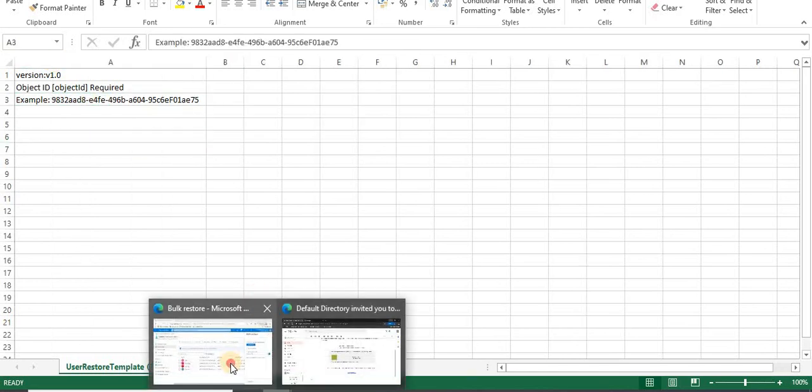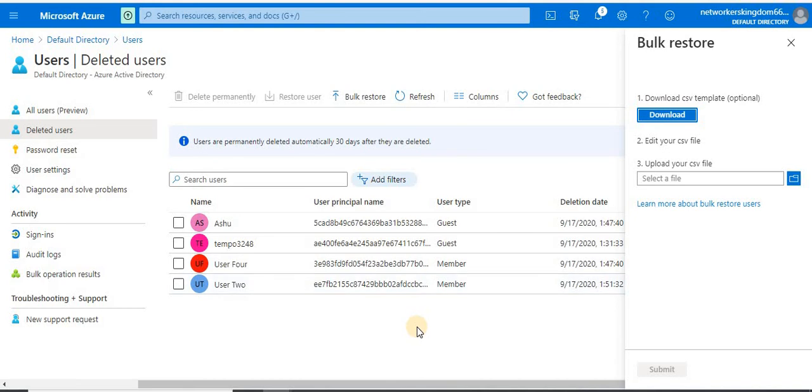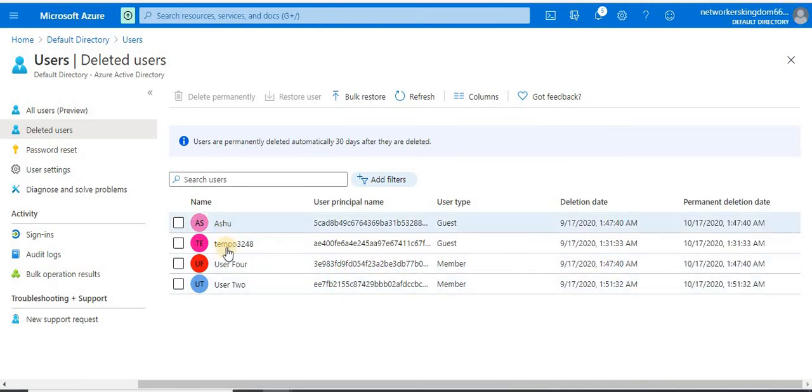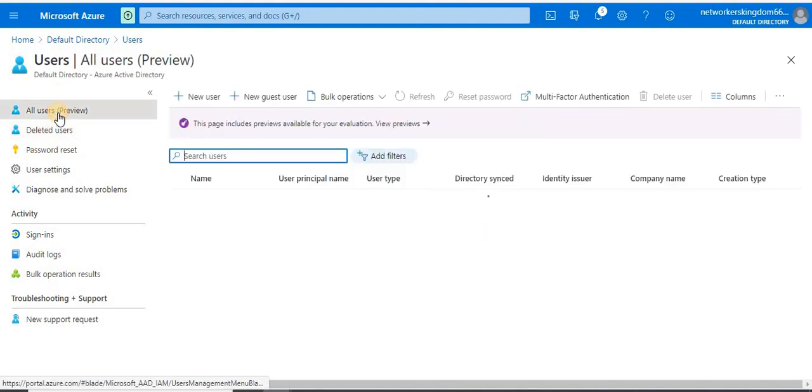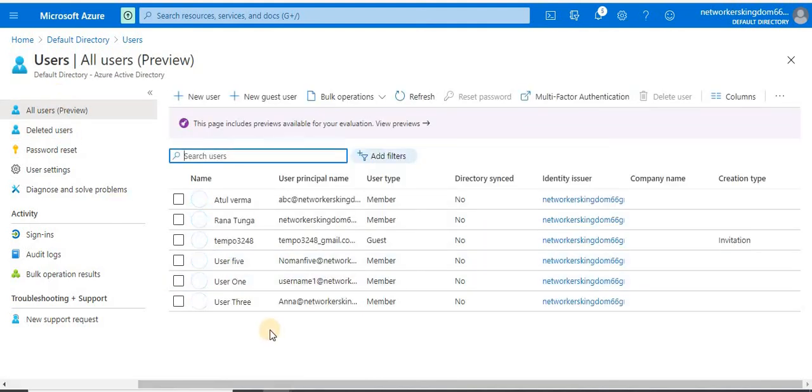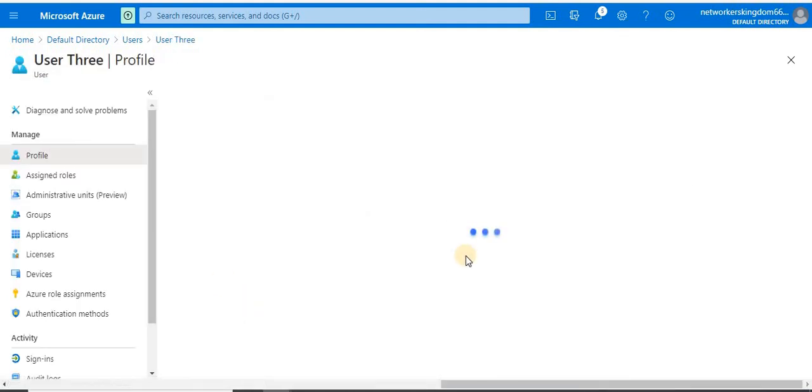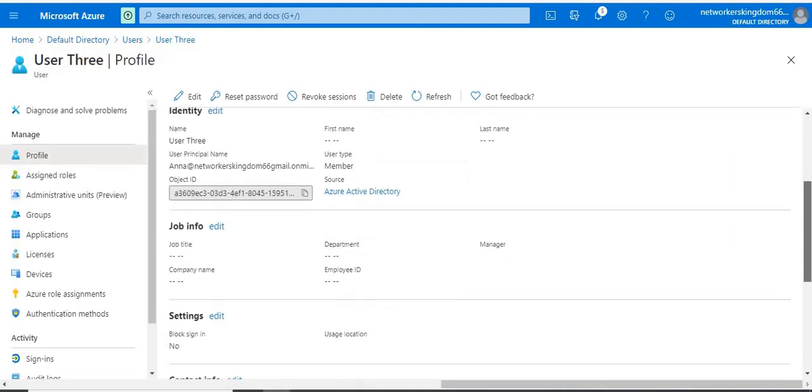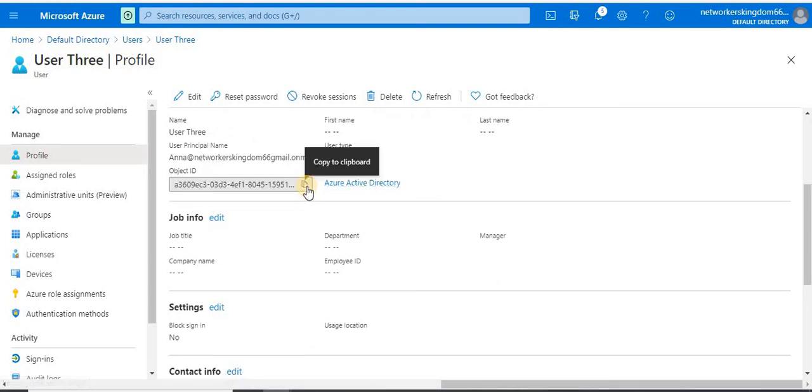Let's move to the portal. Suppose I want to restore this one, user2. Click on it to restore. And if you want to delete one user, let's move here, user3. I am going to delete user3. Click on it. Let me show you object ID. See, it is object ID.